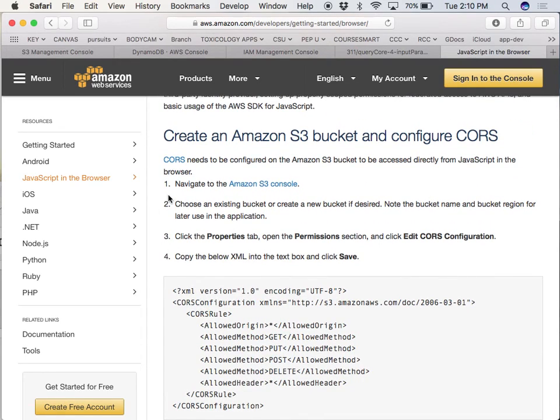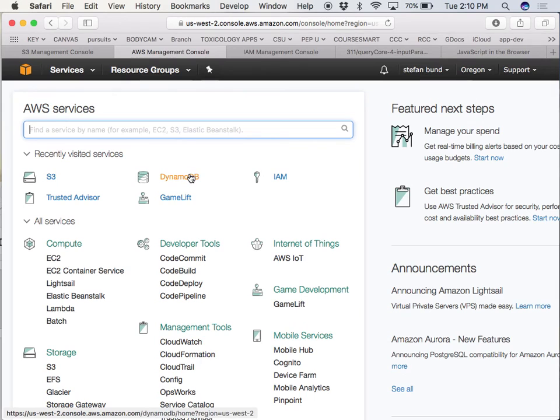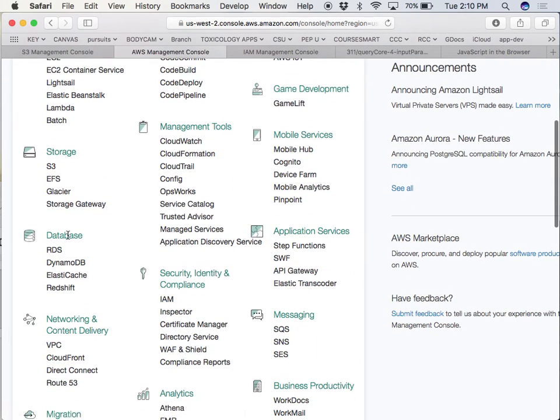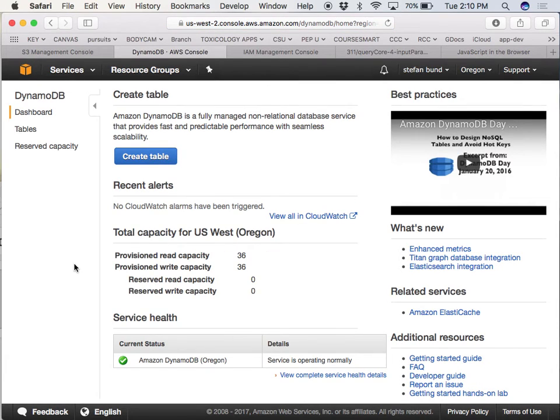Also, we want to say that an important building block is DynamoDB. And so if I go into my AWS console, DynamoDB is right under database. DynamoDB is kind of the flagship database product that Amazon offers. It's different than the SQL databases that you have used before. SQL databases have a lot to do with disk, and they're very oriented with being installed on a machine.